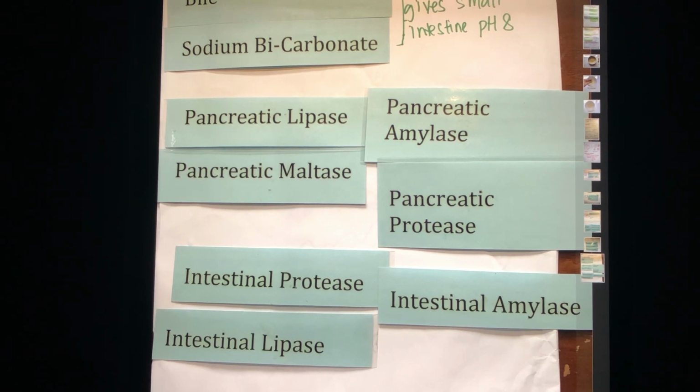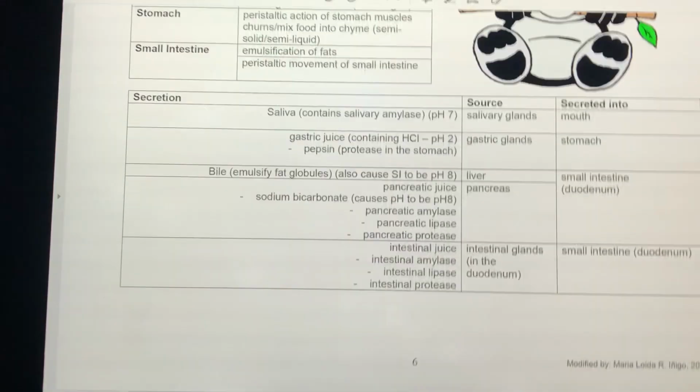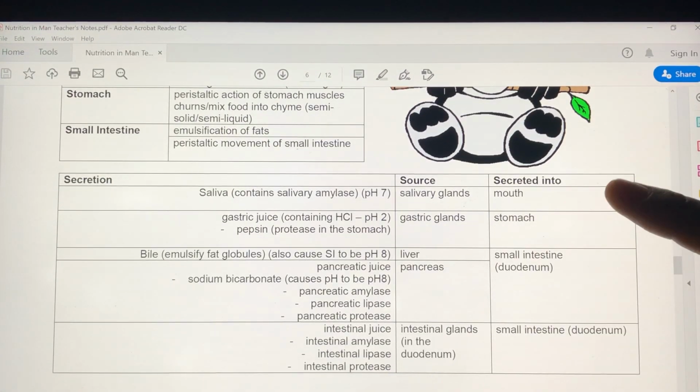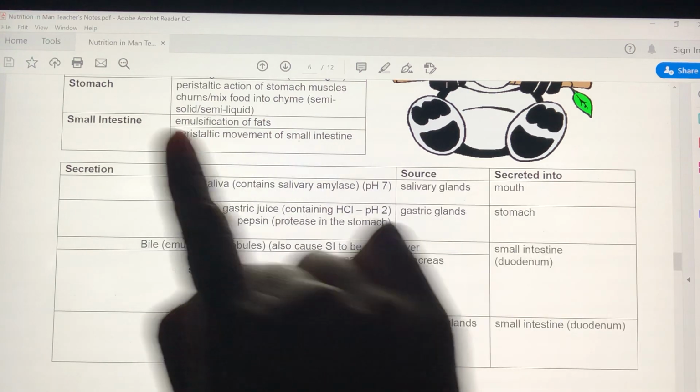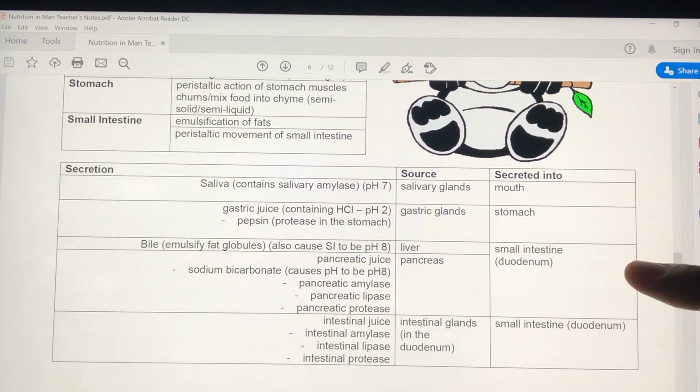from the glands. So that is the reason why in your notes on page 6 I have summarized it into this table to show where the source is and where it is secreted. So it seems like a lot, but actually the sources of secretion